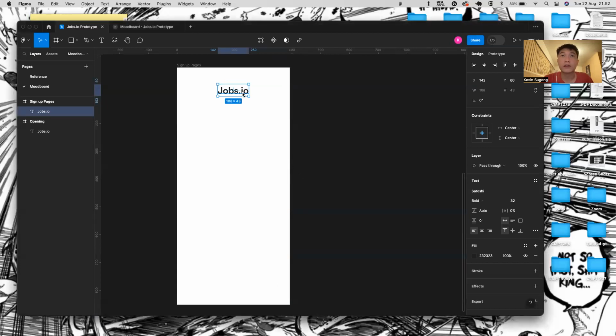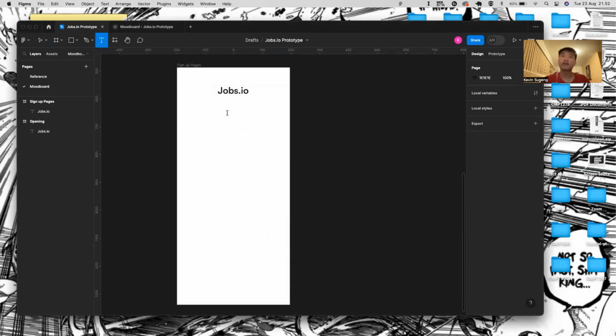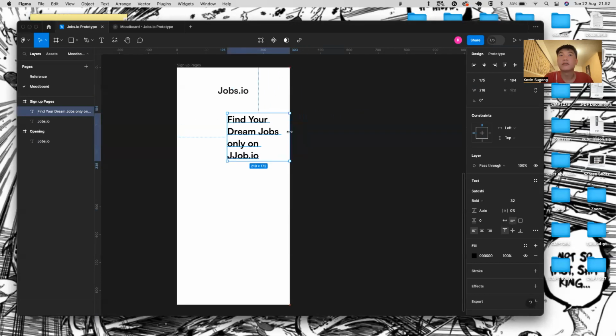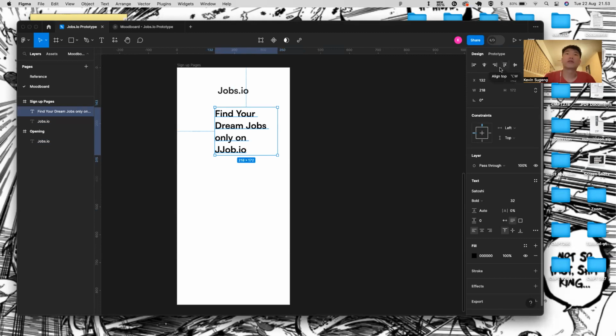And some text. What's the good text? Usually there's the UI and UX, right? In terms of words, like, find your dream jobs. Dream jobs only on jobs.io. Usually, the one who does all the words and everything is doing the UX work. So if you are a UI designer, you don't really have to worry about this,